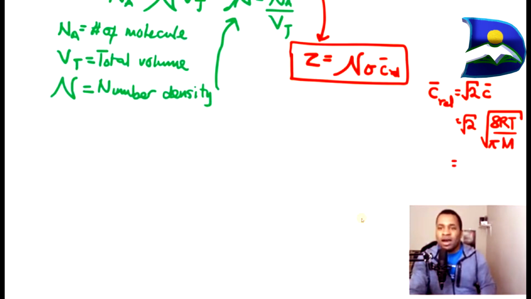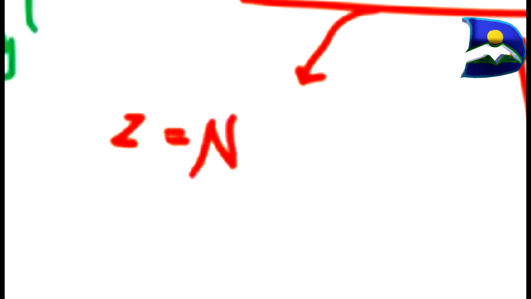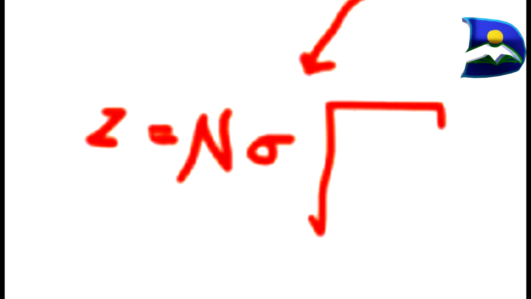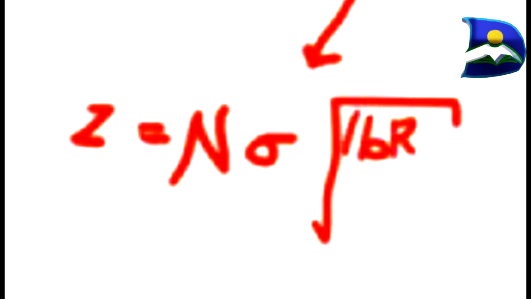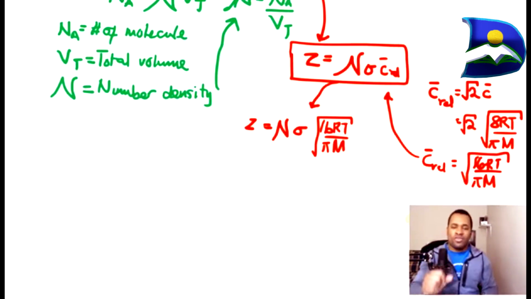Therefore, we actually have our relative mean speed equal to the square root of 16RT over pi times the molecular weight. So once you have this, we now have our new expression for our collision per time, equal to the number density multiplied by the area, multiplied by the square root of 16RT over pi times the molecular weight. So once we have this taken care of, our next part here is how are we going to